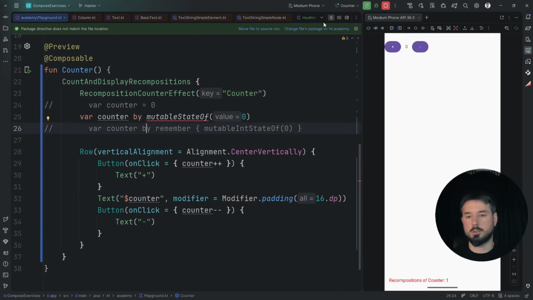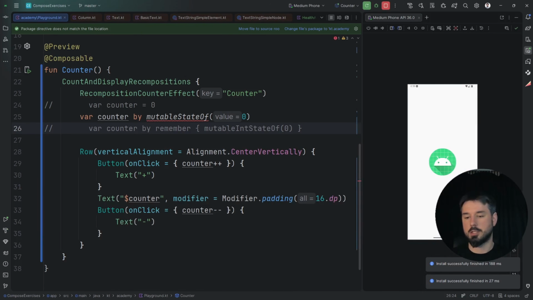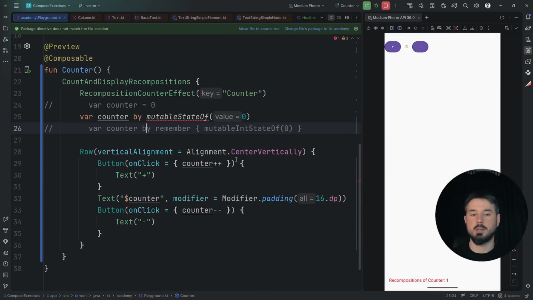The way to trigger recomposition with state change is by using a snapshot state, like mutableStateOf or mutableIntStateOf. Snapshot state in Compose has this special property that whenever we modify it, all the observers, all the scopes that read this state, will have recomposition triggered.